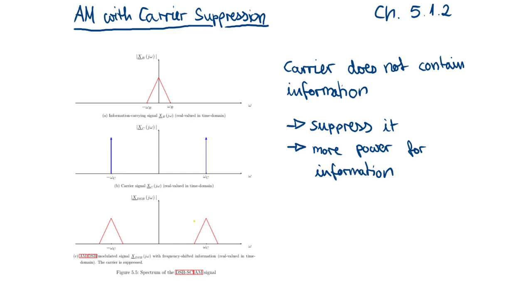Now we only have the two side bands and all power is in these two side bands which carry the information, and we don't waste power on the carrier. So this is called the double sideband modulation with a suppressed carrier. It's a certain type of the amplitude modulation,